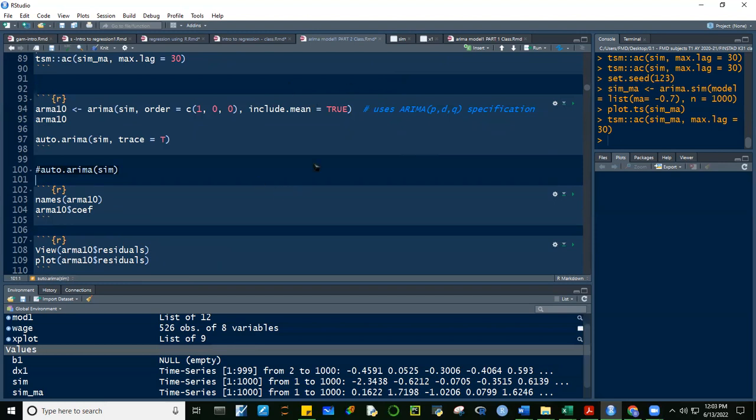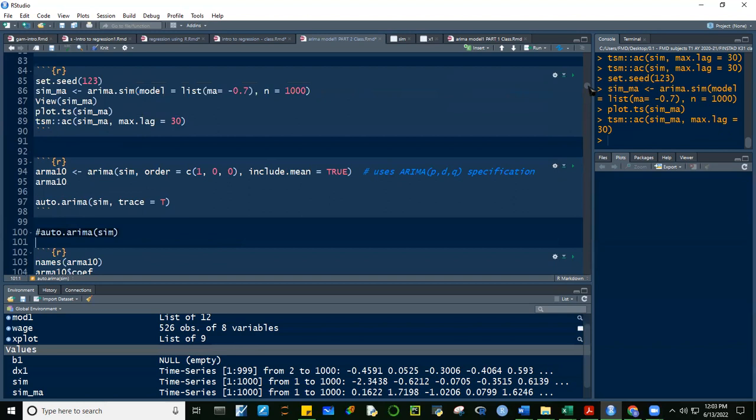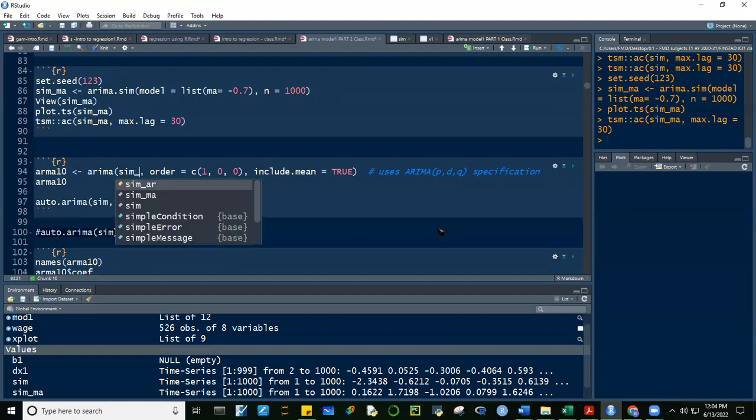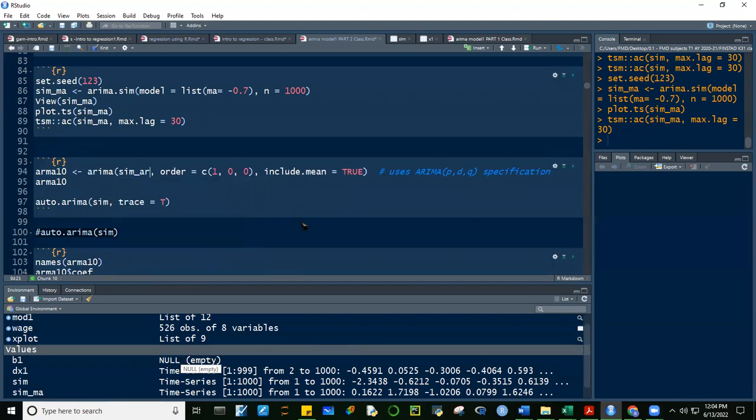All right. Okay, so here's another example. Here I'm creating an object, ARIMA10. Okay, ARIMA, then ito ang ginagamit yung simulation natin. Dapat simulation AR na to.